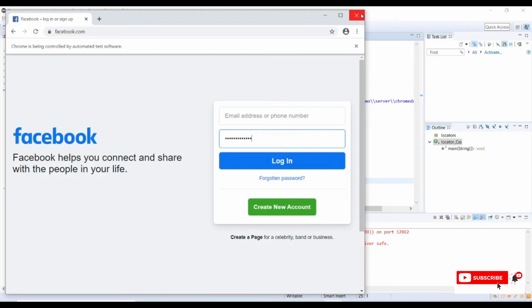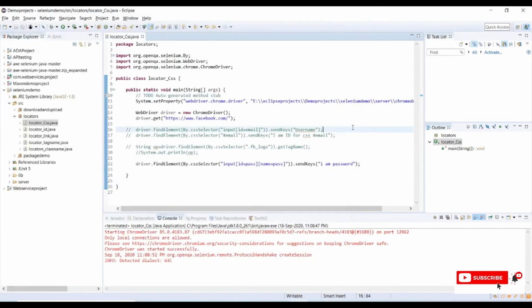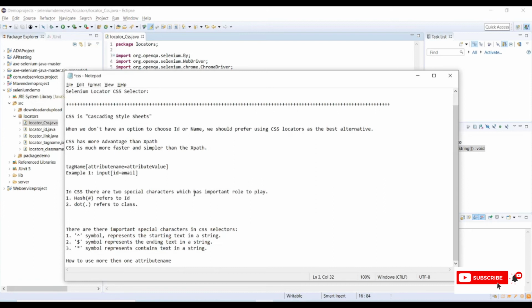We successfully implemented one or more attribute values in a single CSS value. So far we have seen how we can use a CSS selector value for ID and class, and how we use one or more attribute values. Let's try for these special characters where we have partially matched starting with or ending with. So let's try one of them.